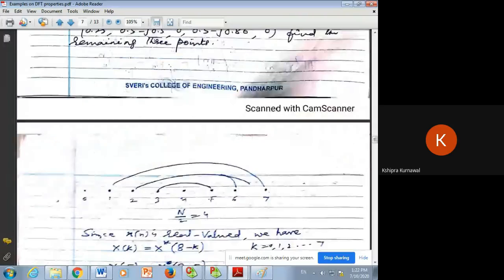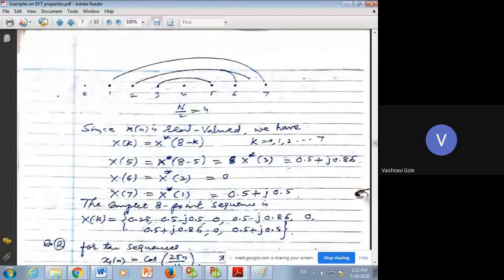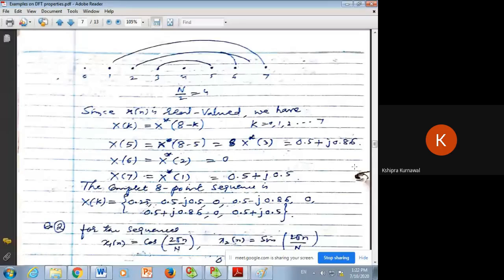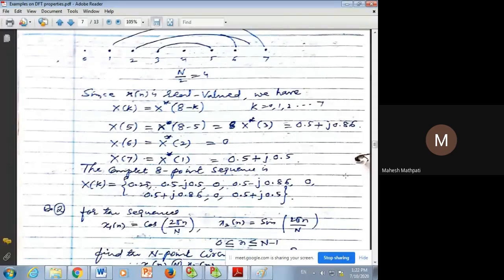Okay. I got the answer. Yes, sir. What is the answer? X of 5 is equal to 0.5 plus j 0.86. X of 6 is equal to 0. X of 7 is equal to 0.5 plus j 0.5. Okay, at the end you just complete that sequence. The complete 8-point sequence is